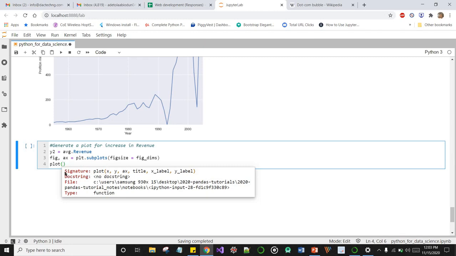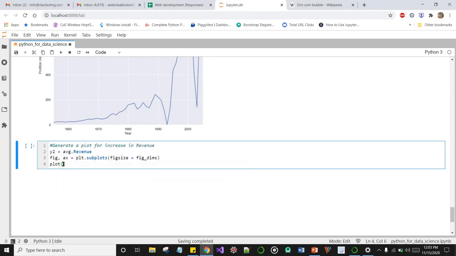You see, that's the power of functions or methods. Okay, and you can see all the parameters we passed into our function, right? So let's just pass x, right? Pass y2, pass axis, right?